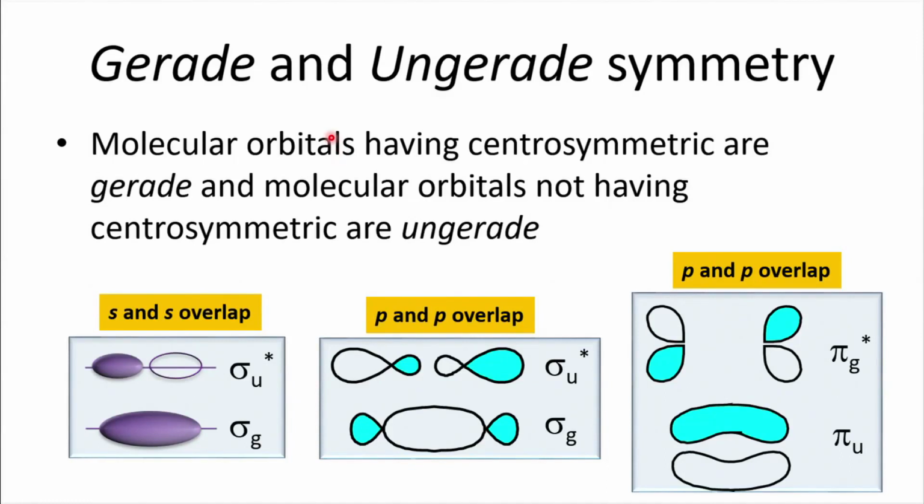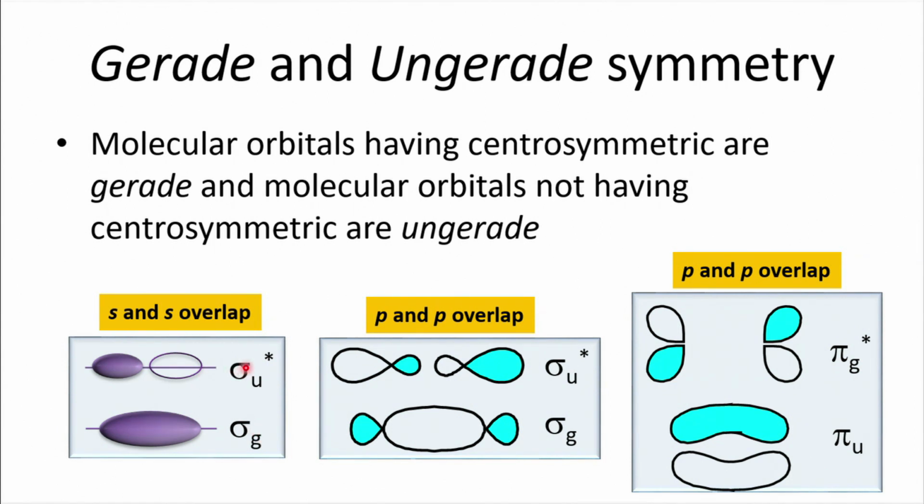Let us move on to the next one, which is gerade and ungerade symmetry. Molecular orbitals having centrosymmetry are called gerade orbitals, that means they are symmetric, and molecular orbitals that do not have centrosymmetry are called ungerade. If you look here, there is a center of symmetry. You start from the center, you go to any corner, you will get exactly the same sign in both cases. So these types of orbitals, especially the sigma bonding orbitals, are called gerade orbitals,